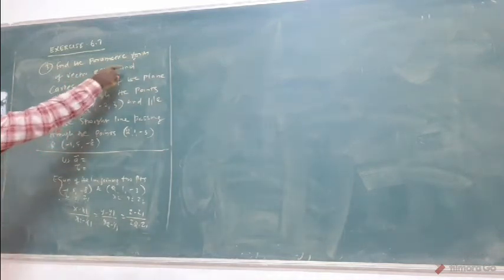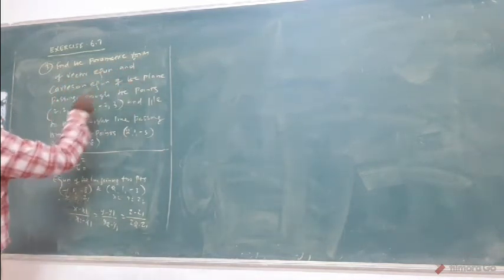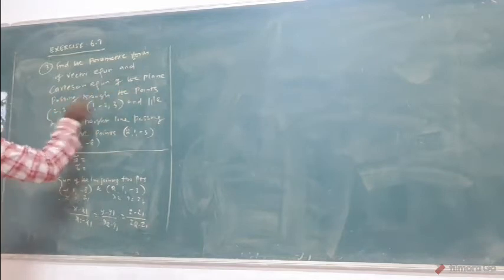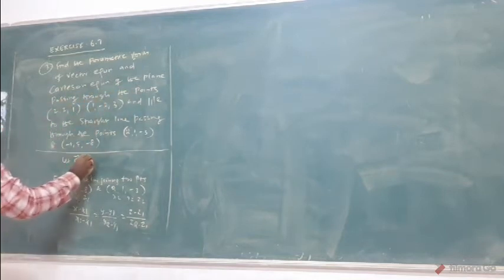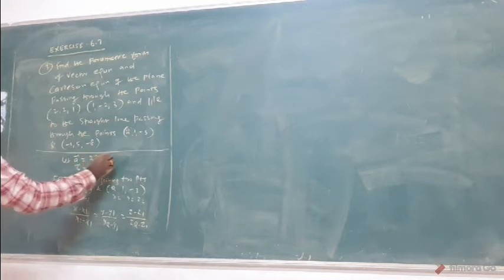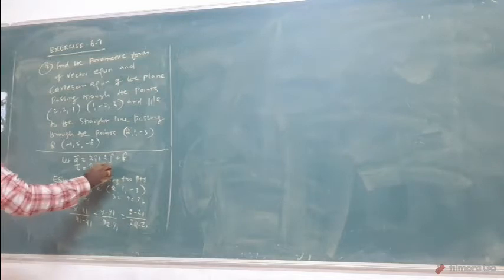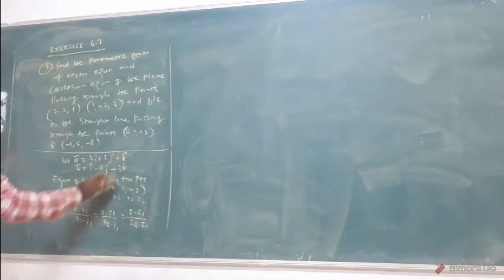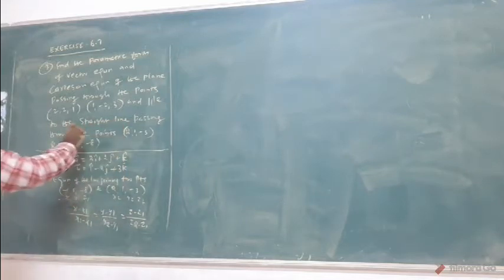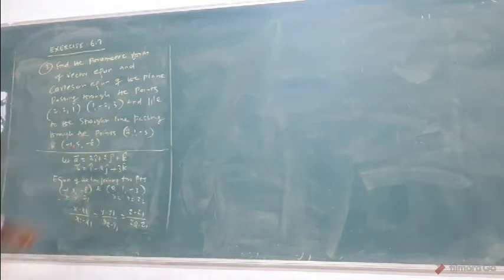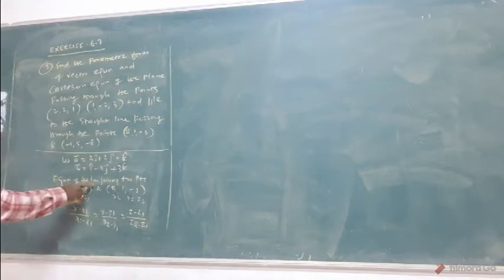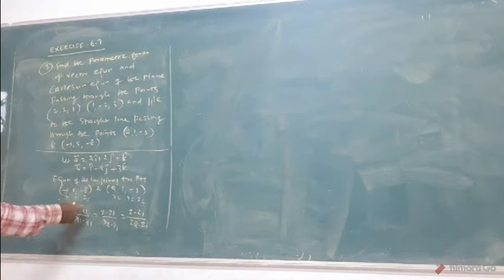Now the third question: find the parametric form of the vector equation and the Cartesian equation of the plane passing through 2 points. The 2 points are what? The first vector a is 2i cap, 2j cap plus k cap, take care, and the other is i cap, 2j cap, 3k cap. Now one more condition: one parallel vector is given, or a triple vector is given. Here 2 points are given, so in the case of a line type, 2 points. First point, second point, what is the formula?